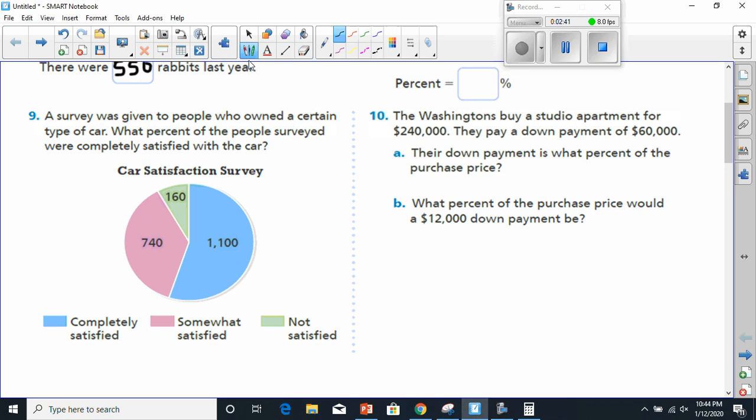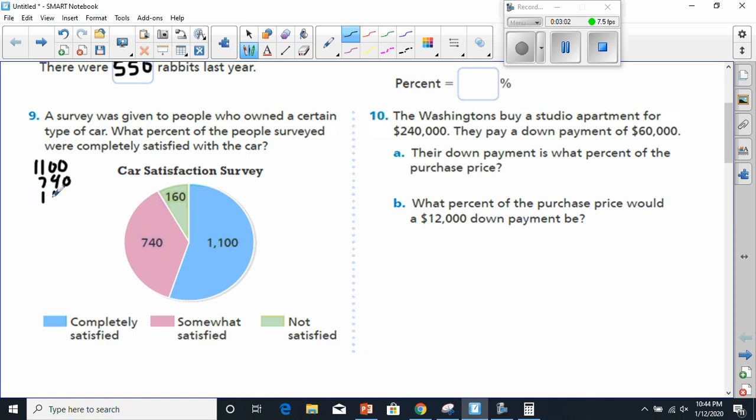So let's first begin by finding out how much the total is here. We've got 1,100 representing the light blue, completely satisfied. We've got 740 representing somewhat satisfied, and we've got